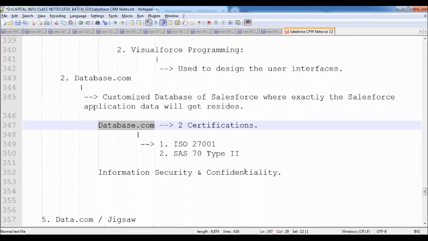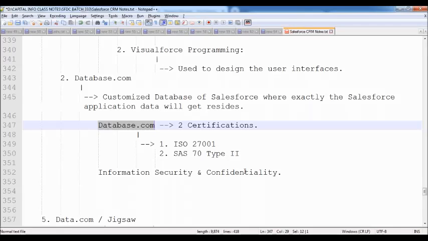Suppose in my bank account, my balance is 10,000. Suppose one digit has been missed, and it is showing like 1,000. Will you accept that? No. In this case, you will be giving some wrong feedback to other people also, because this bank is not maintaining the application properly, so now our amount is not safe. Then a second time, will you invest the money in that bank? No. Will other people trust it? No. They will lose the credibility in the market.